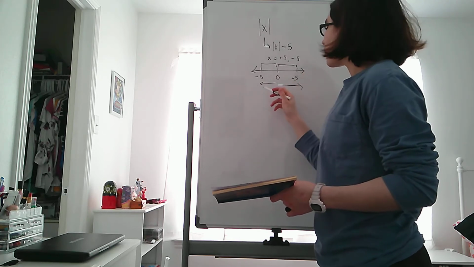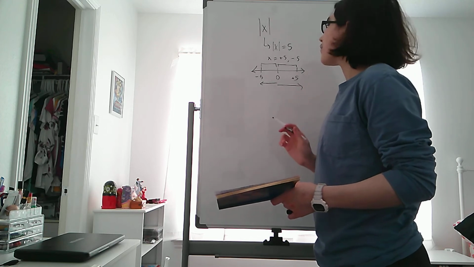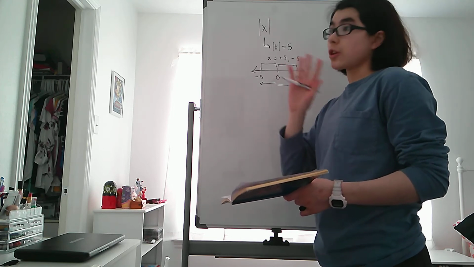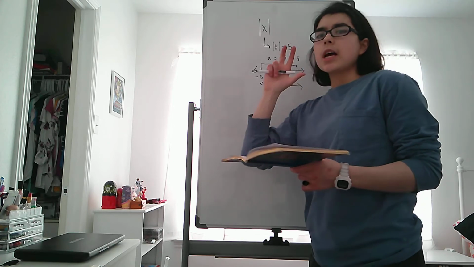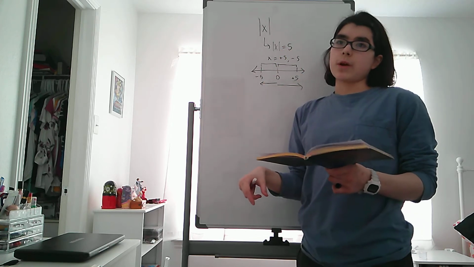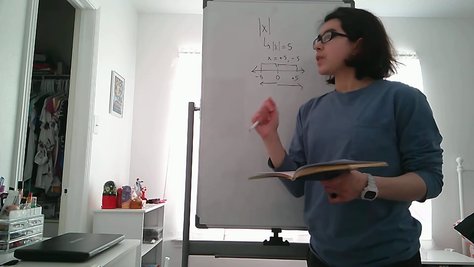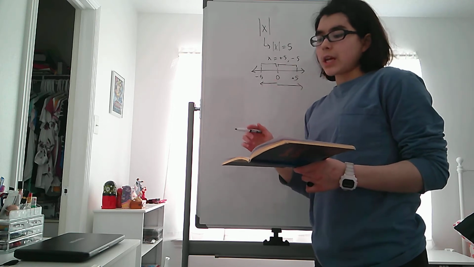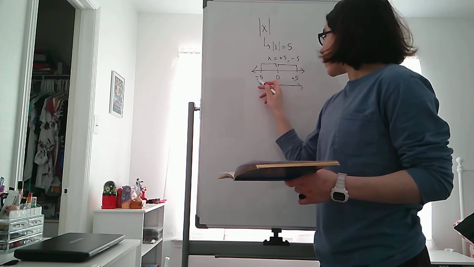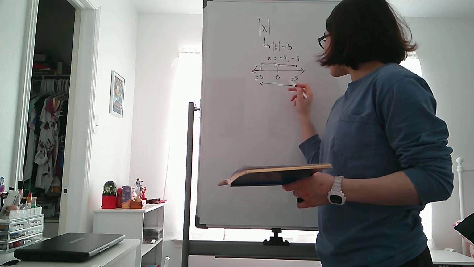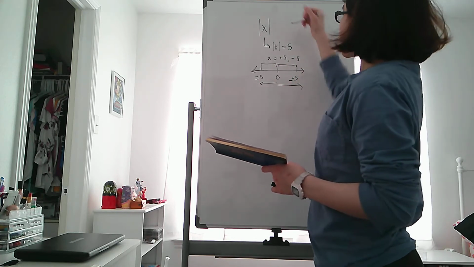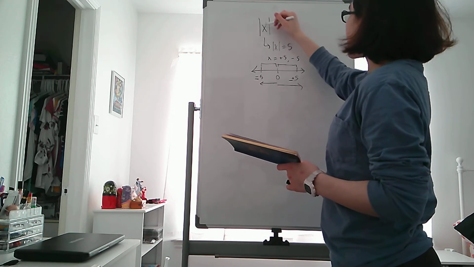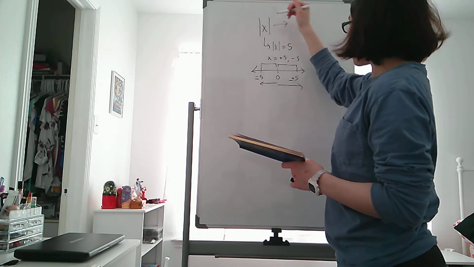So the absolute value of negative 5 and positive 5 is just 5 for both of them. So absolute value tells us the size of the number, its distance from 0. That is different from telling you the direction, which is what the sign indicates. Okay, so for the absolute value of a number x, it's going to be x